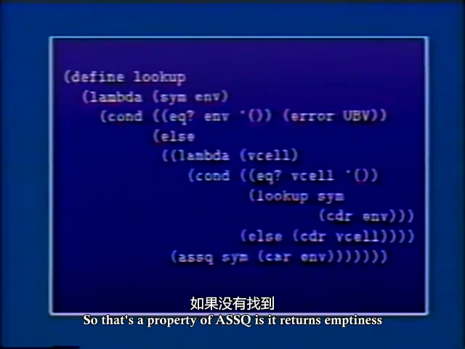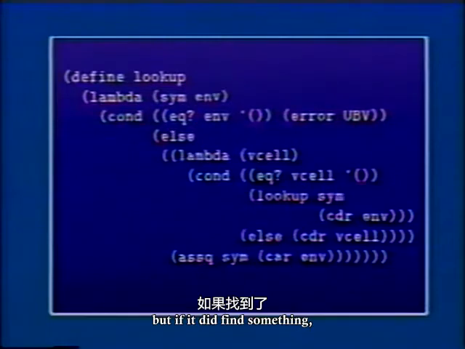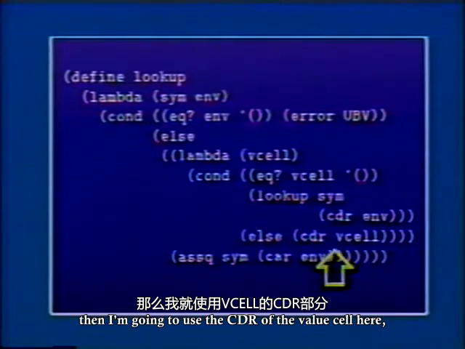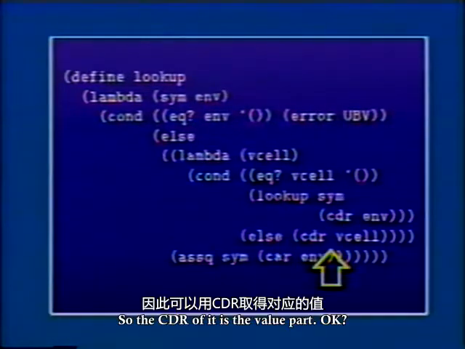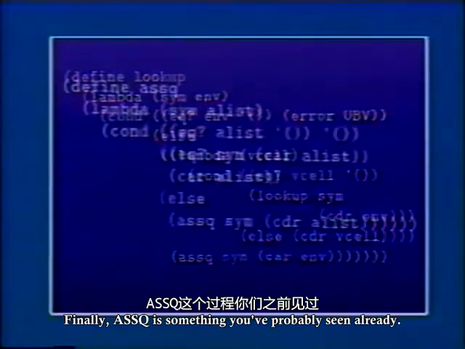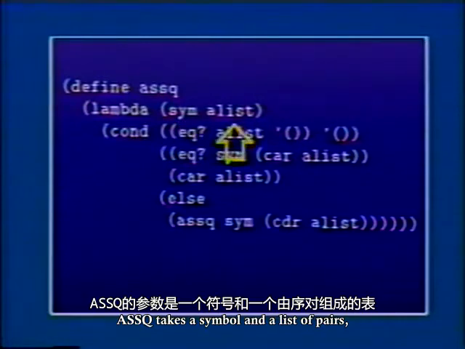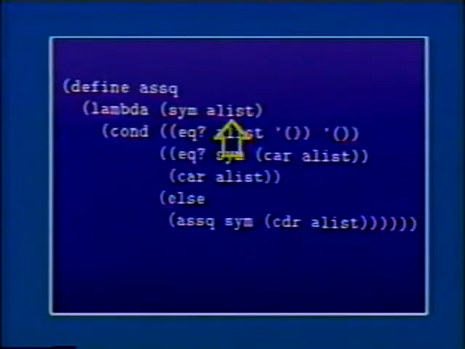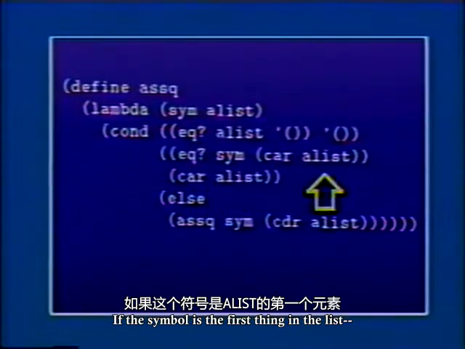So that's a property of ASSQ, it returns emptiness if it doesn't find something. But if it did find something, then I'm going to use the cdr of the value cell here, which is the thing that was the pair consisting of the variable and the value. So the cdr of it is the value part. Finally, ASSQ is something you probably have seen already. ASSQ takes a symbol and a list of pairs, and if the list is empty, it's empty. If the symbol is the first thing in the list,